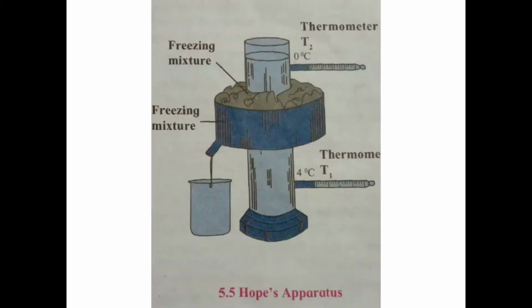Thereafter children, here you observe after the temperature reaches 4 degrees Celsius, then the behavior of water changes. Instead of contracting, it will start expanding. So what will happen as it starts expanding? The density will become less because volume is increasing. So where will that water go? That water will go in the upper direction.